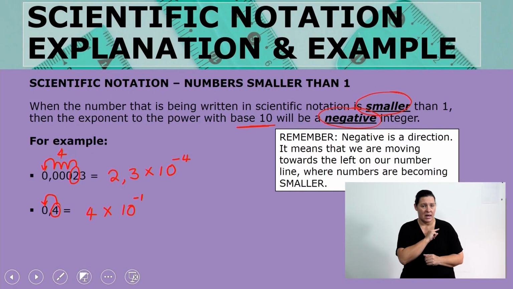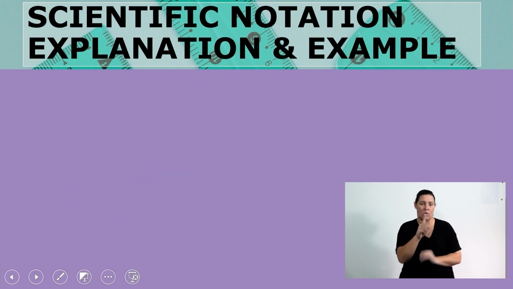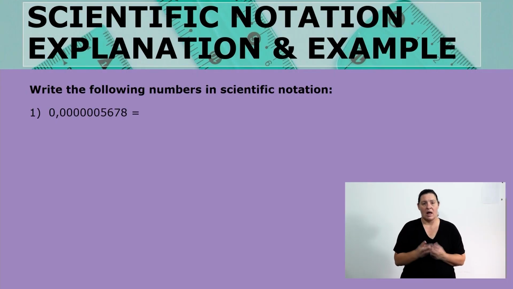So remember, because we are shifting to the left, left means a negative direction, and that's why our exponent is going to be negative. Let's end our lesson with just these few questions where we are going to have this number,